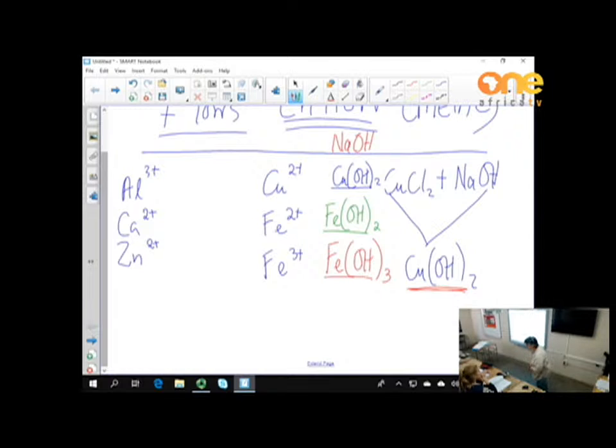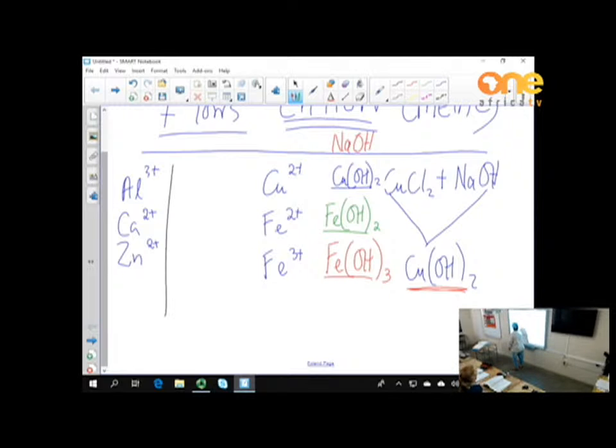Now, how are you going to remember that? Well, iron 2 is green, and green has got 2 E's. Iron 3 is red, and red has got 3 letters, so don't confuse it. Okay, those are the only 3 colors that you must remember for the metal salts. Copper is blue, iron 2 is green, and iron 3 is red. The others